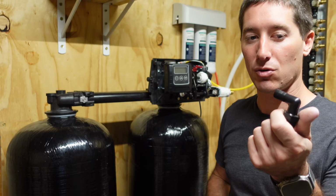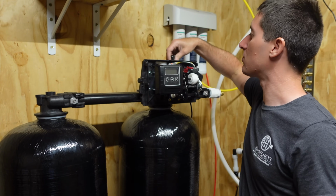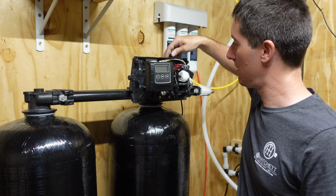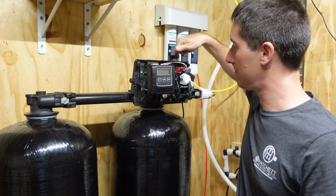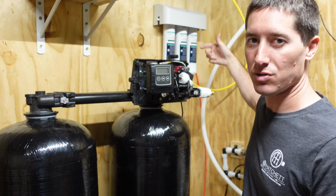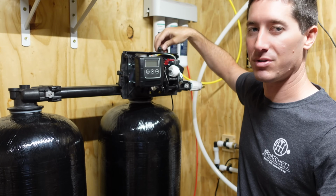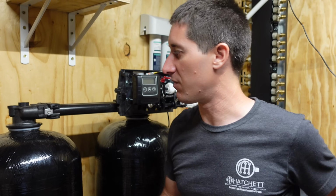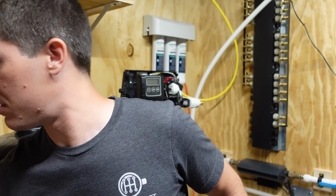Drain's simple. I gotta go buy some rubber hose for that. It just screws in right here on top. Shouldn't even have to look. It goes like that. So then you just run a hose down to, we're gonna dump it into the drain sump we have here. So we'll Teflon that up, put it together here in a few, and then we have this piece